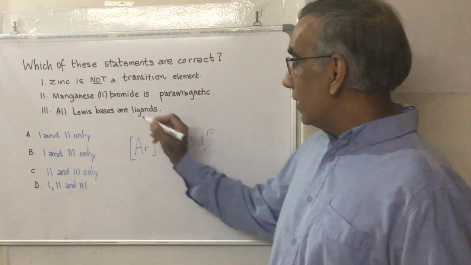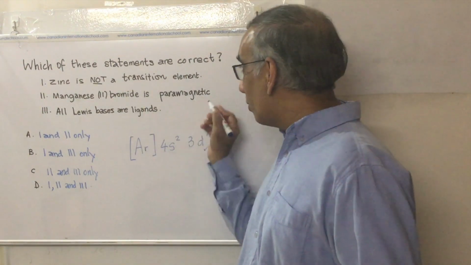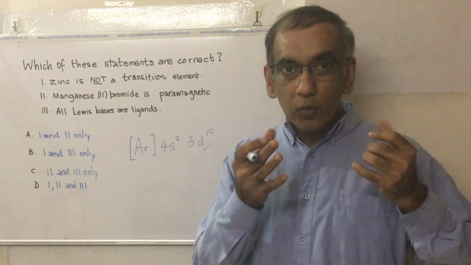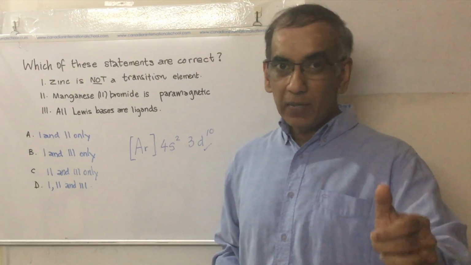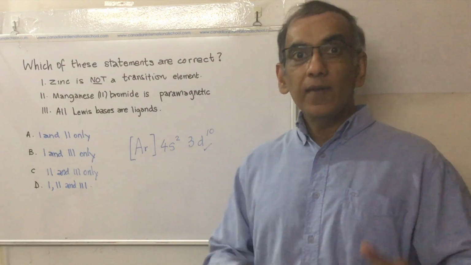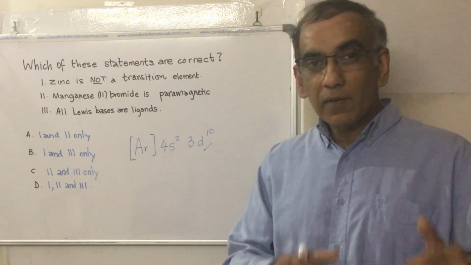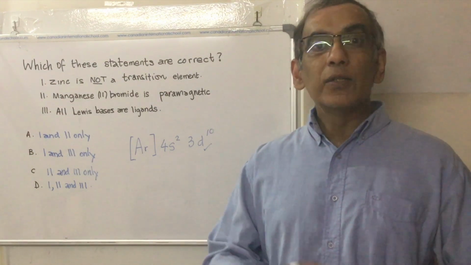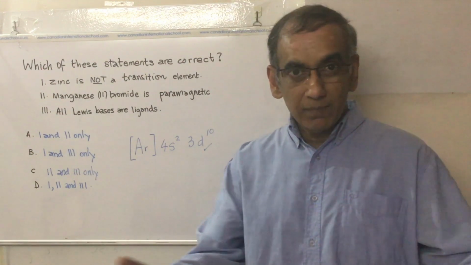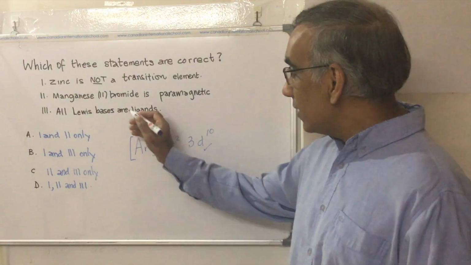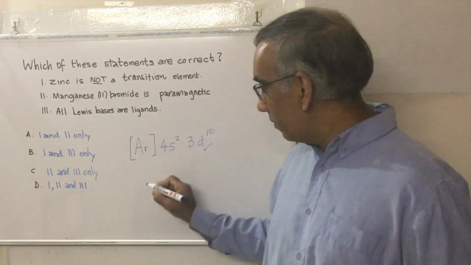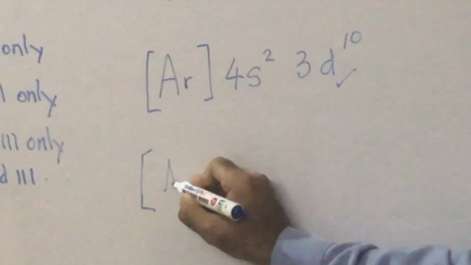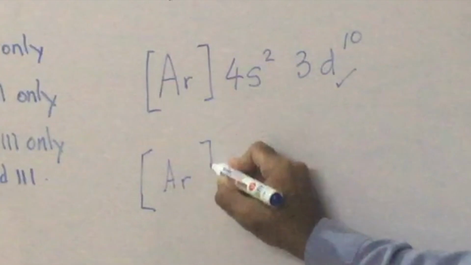Second statement is manganese 2 bromide is paramagnetic, and again we need to go into section 13 of the IB chemistry guide, and you would see it says that the presence of unpaired electrons in these transition elements gives rise to paramagnetism, or this magnetic property. And manganese, according to our periodic table, is 25. So its electron configuration is argon core